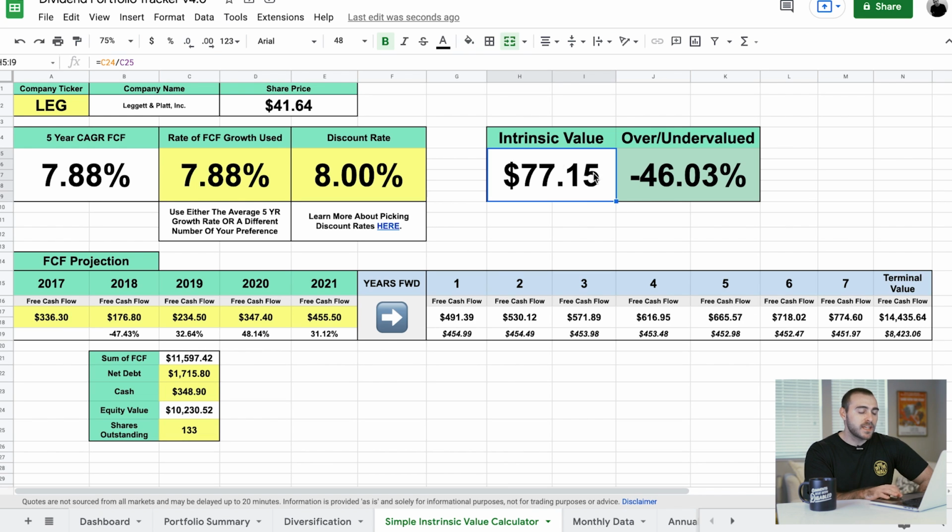Now talking about the intrinsic value, guys. So it spit out a calculation of $77.15 for the fair value of this company, which means it is over 46% undervalued. Now remember, guys, this is based on 2016 to 2020 numbers, but we're almost all the way through 2021, and this company this year has done negative free cash flow. Like I said, I don't know how to accommodate for that, but to try and account for that, guys, I'm just going to reduce this rate of free